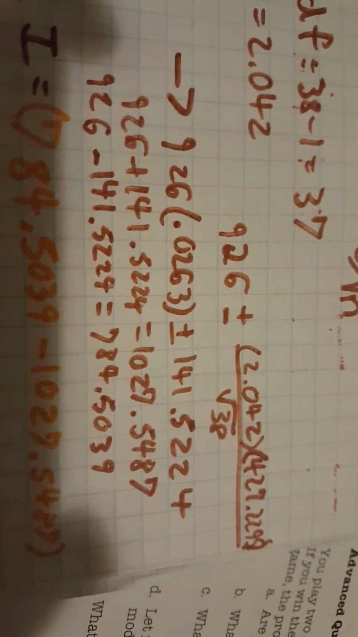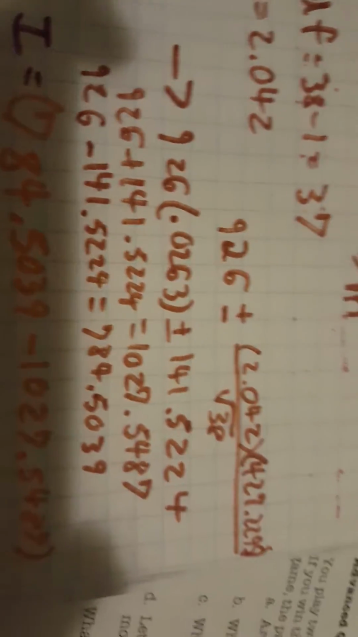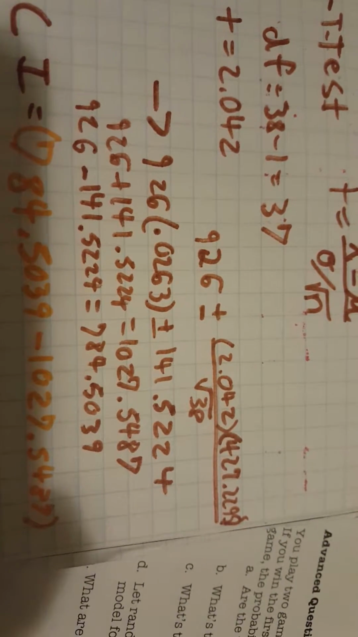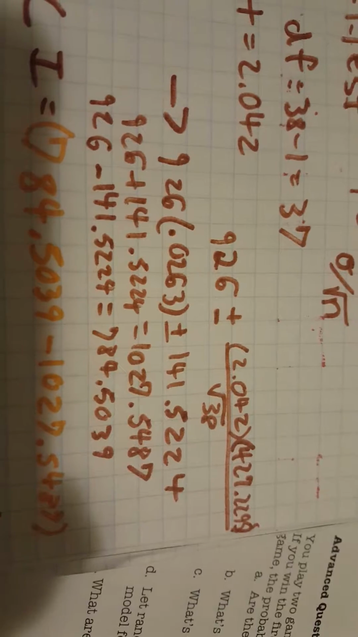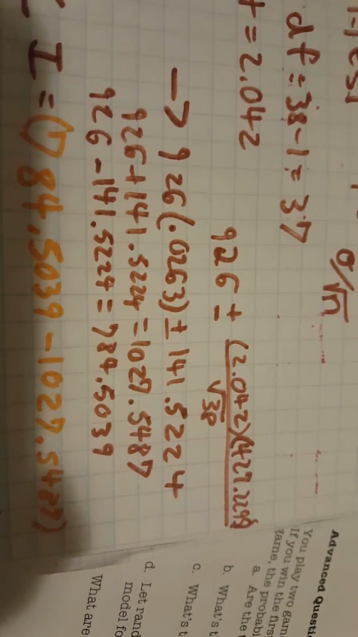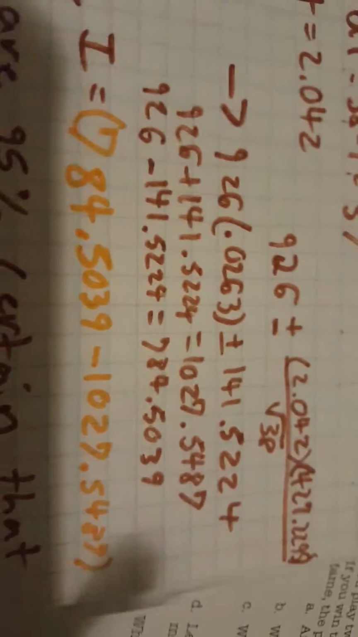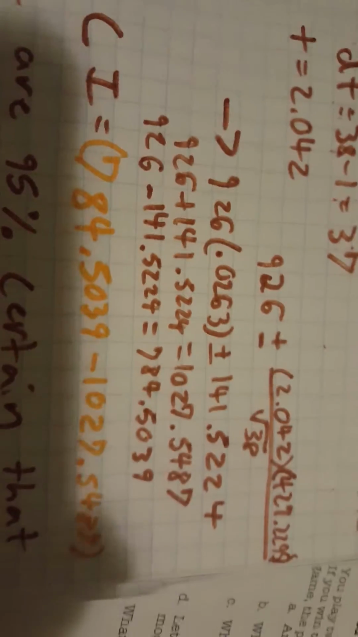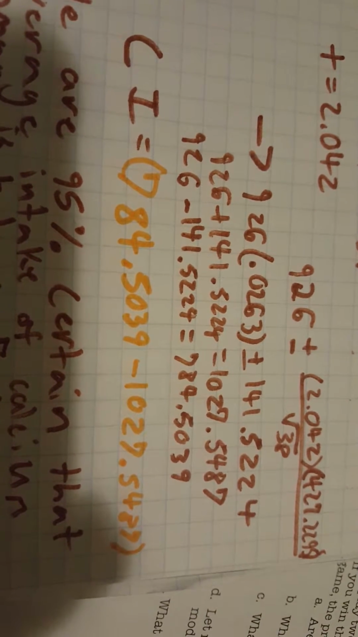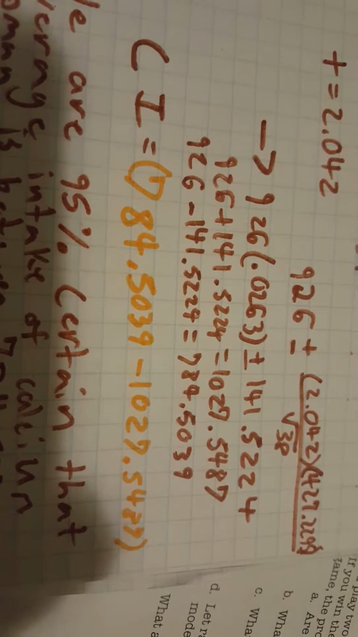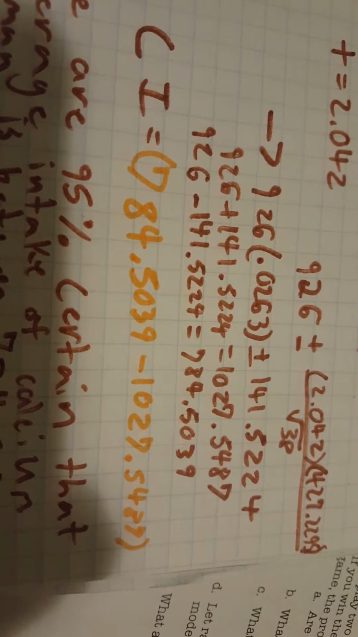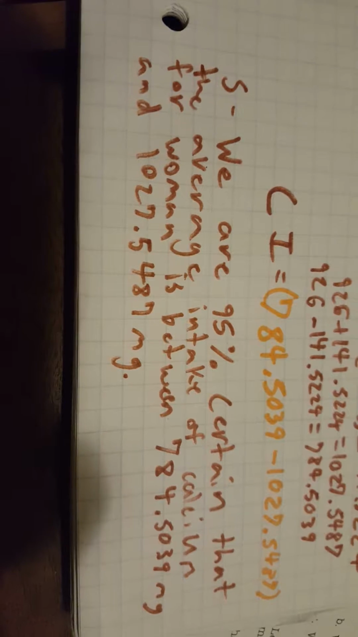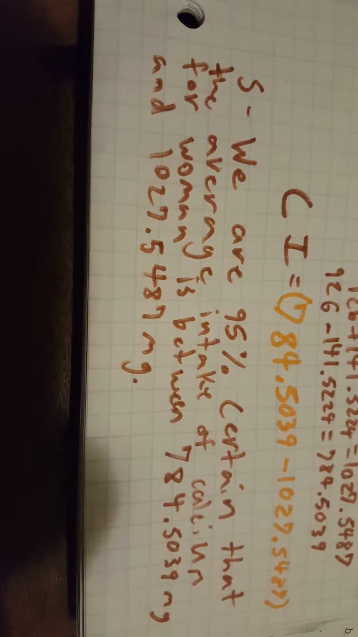Now we'll do our confidence interval formula. 926 plus or minus 2.042 times 427.2295 over the square root of 38. By plugging in these values, you'll find that the interval will be 784.5039 to 1027.5487. Now that we're at our S, we can finally make our statement, which is that we are 95% certain